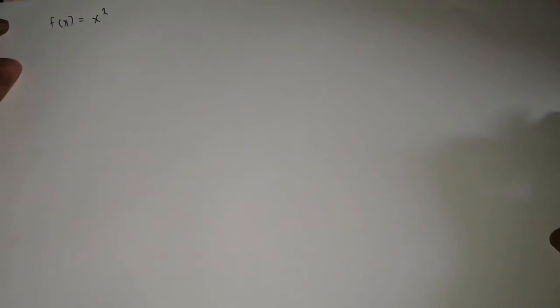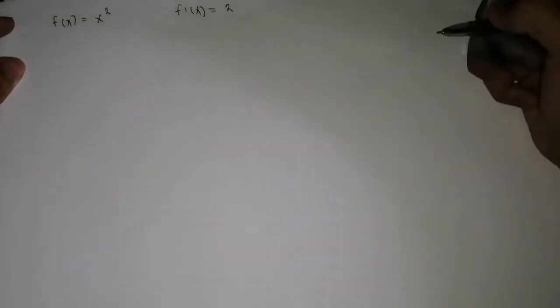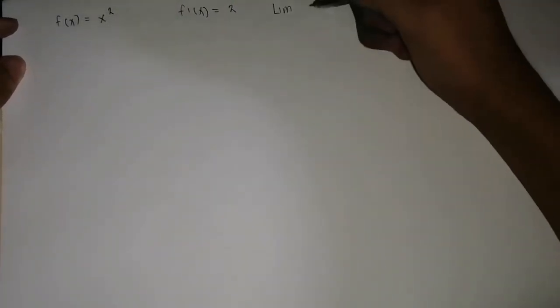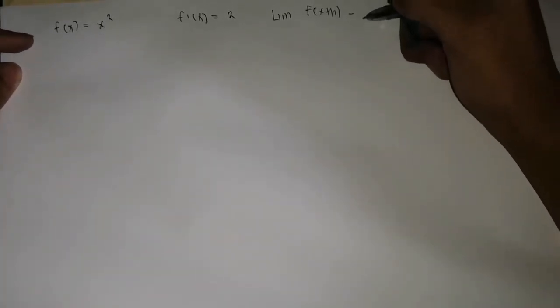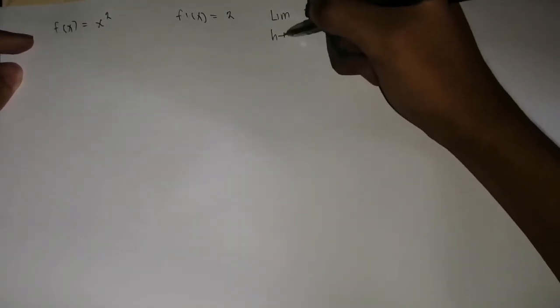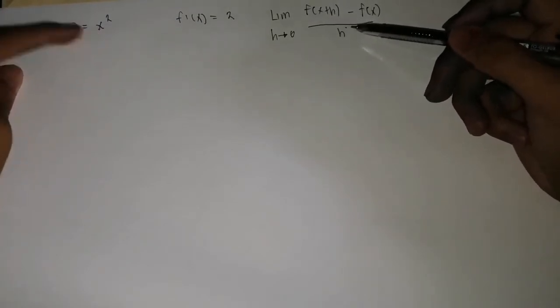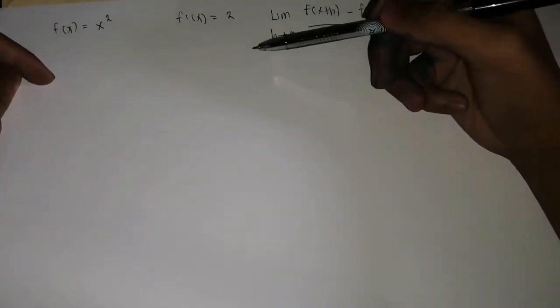In the last video, we talked about f of x equals x squared, and its derivative is f prime of x equals 2x. Where did it come from? It came from the formula: the limit of f of x plus h minus f of x over h as h approaches 0. When you substitute x squared into this formula, you get f prime of x equals 2x. Now,